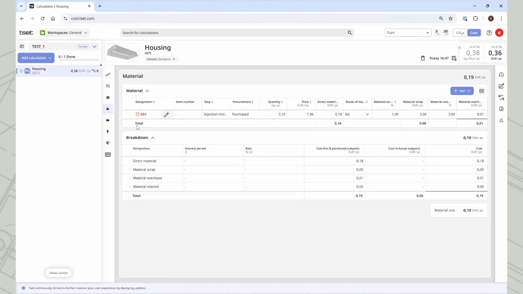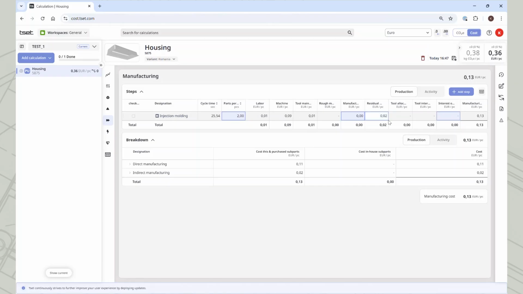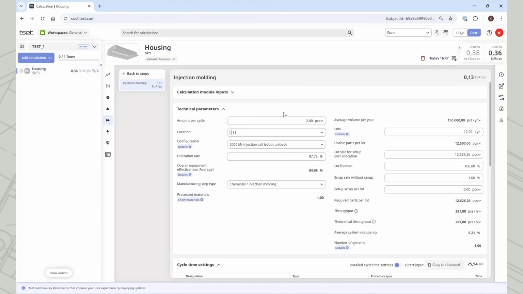Then I will go into the manufacturing process, and here we see, okay, the software automatically chose 2 amount per cycle, 2 pieces. That means we have a cavity of 2. We can also select another cavity, for example 4. And what does that mean? Now it is calculating with the new cavity the